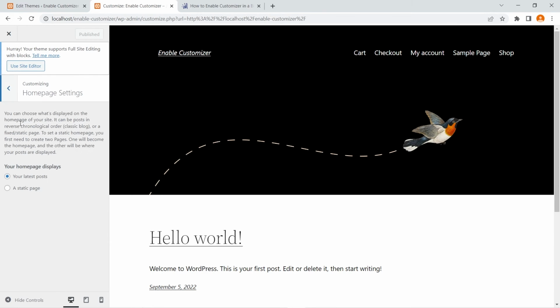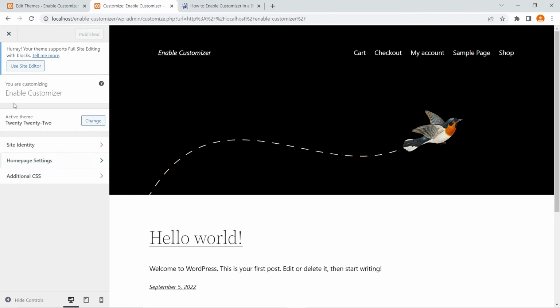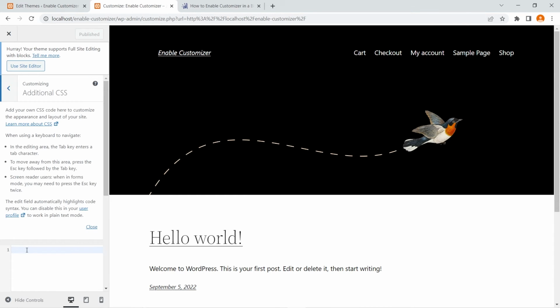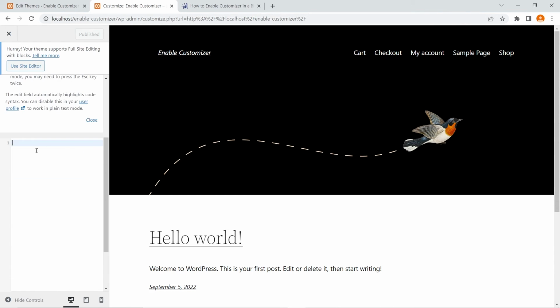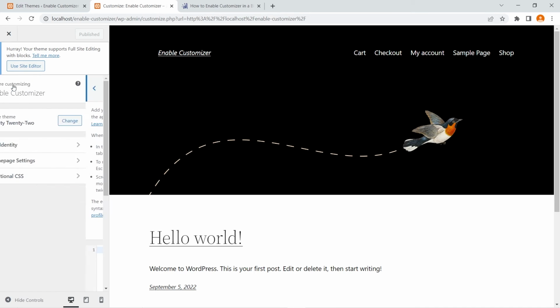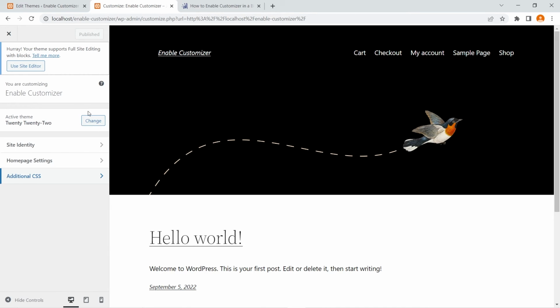Now this is the homepage settings, from where you will be able to show what you can display on the homepage of your site. You can select a static page or display the latest posts, whatever it is that you are posting, to show up on the homepage. And the last is the additional CSS, where you can paste the CSS code snippets. Okay, so these are the only options that you get when you activate the customizer in the block based themes